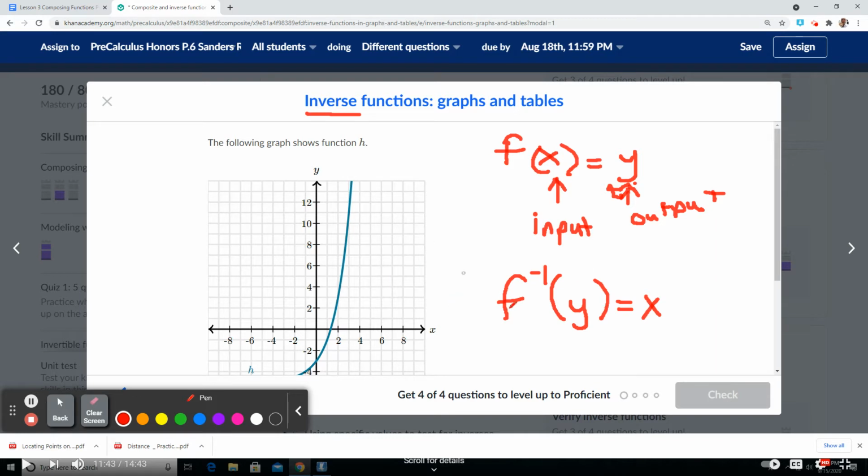All right, so also with this idea is that notice the x and y have been switched. So if we think about a graph, the x and y,